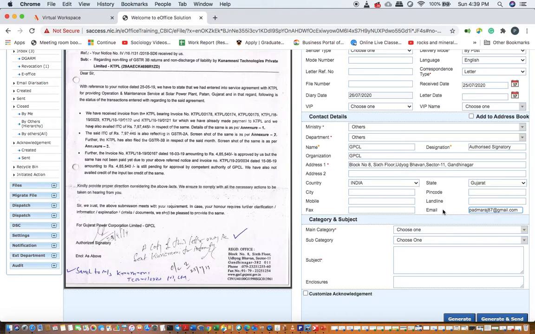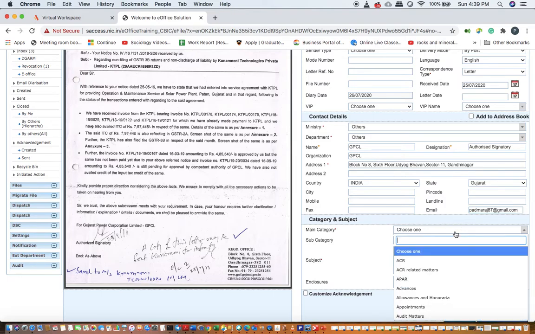We will be taking care of your letter. That is an automated acknowledgement. I'll show you the format of the acknowledgement, but that is not important for us. What is important is we'll have to put in the name of the organization, the address from where it has come, all that here, along with the email ID.